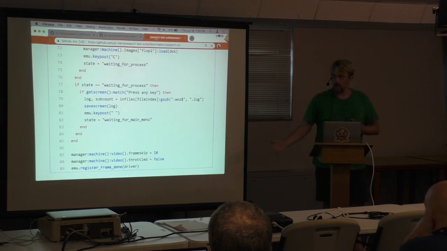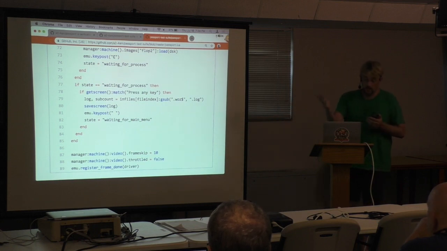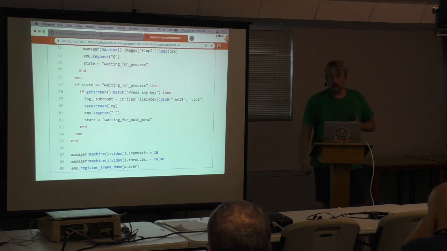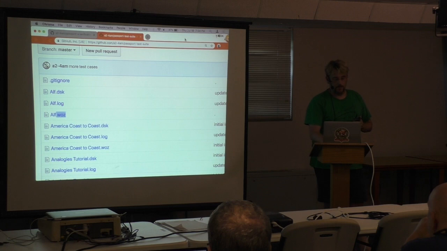But basically you can tell the MAME emulator locally, not in your browser, but locally you can say, hey, run this script, and the script takes care of reading the directory of .waz files and creating and then inserting a new .dsk file, and then literally it emu key posts C to press C, and then waits for Passport to do its thing, and then saves out all the files. And so you can, in about 5 minutes, run through the 111 .waz files in the Passport test suite, which,